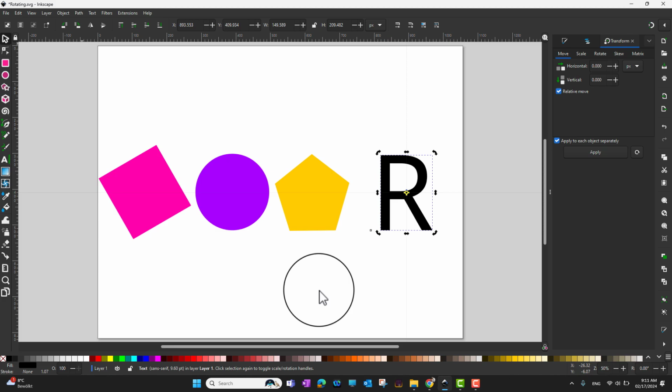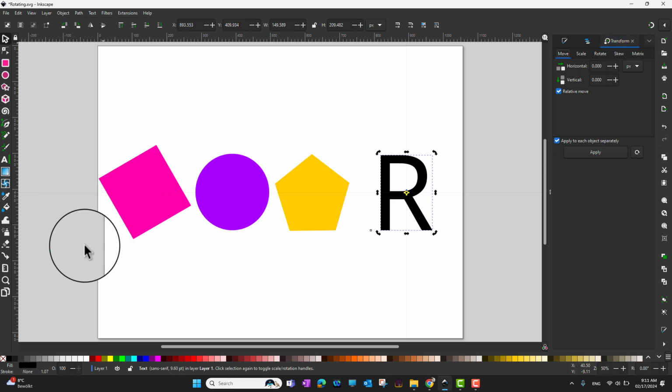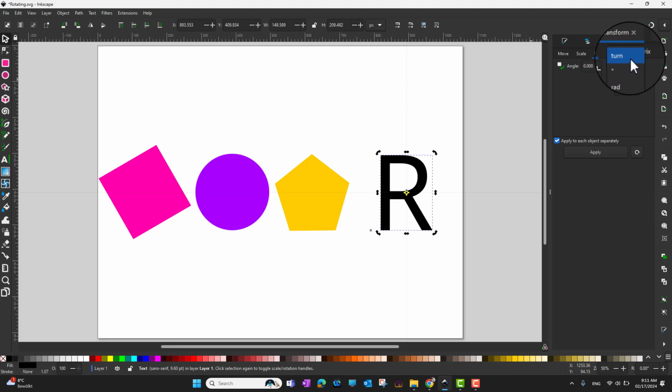If you want, you can go into the Transform dialog. Let's say I'm gonna go into Object, Transform, and here in the Transform dialog, we already saw in previous videos, Move, Scale. So now we are gonna go into the Rotate tab. Okay, so now you can see there are different units. I can rotate it by different turns, by degrees, by radians, by gradians. So let's say I want to go with degrees, and now if I want to rotate it, let's say